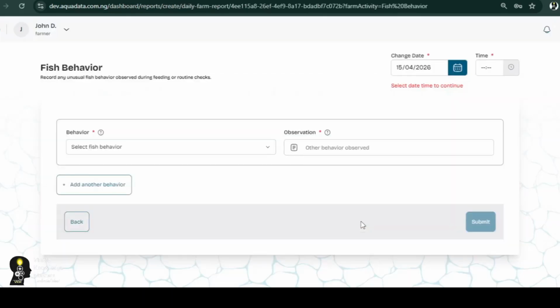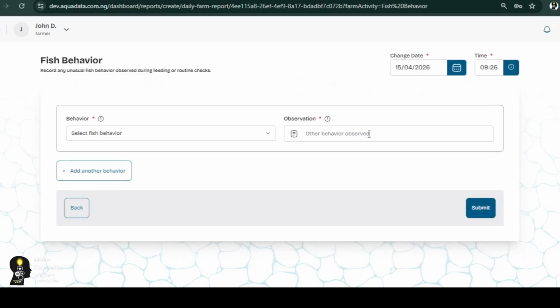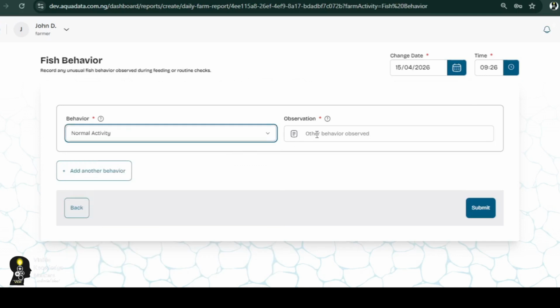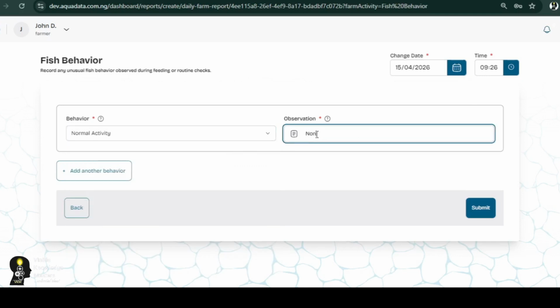This is the form for fish behavior, and all you need to do when you see this is to select the timing in which the behavior was recorded. You can search through the drop down and select anyone that fits the current situation that you are having. So normal activity is what I'm selecting, and if I have any observation I will put it, but for now